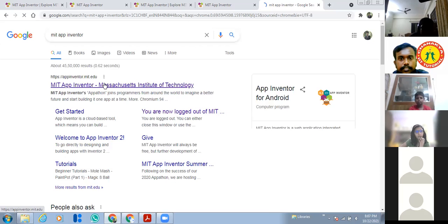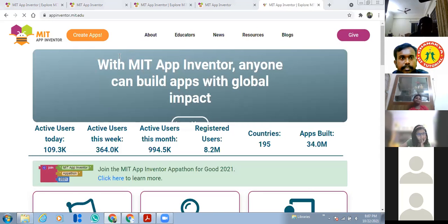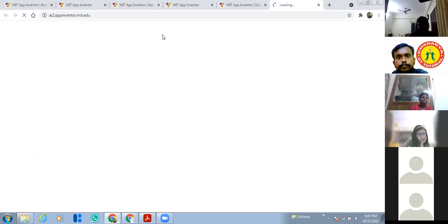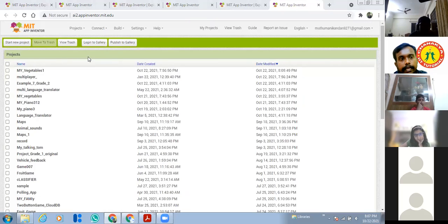This is the link I sent you, MIT App Inventor. Just enter into this MIT App Inventor, and after you open that link, on the left side it will show you create apps. Click that create apps button. Then, the first time if you are entering, it will ask you to accept the terms and conditions and login. Sir, now I'm in the project, sir.